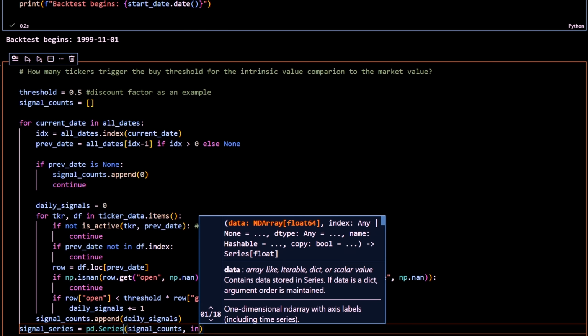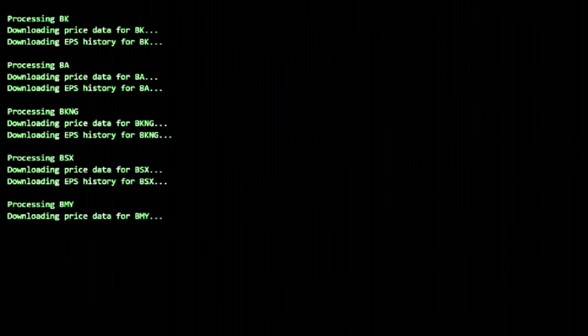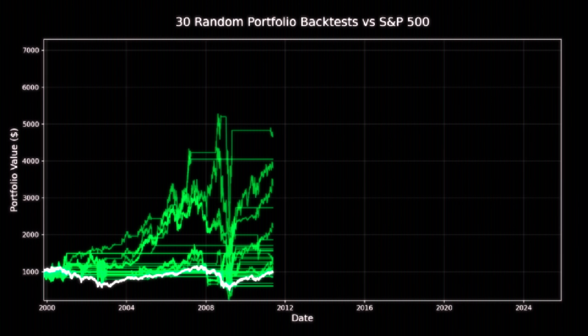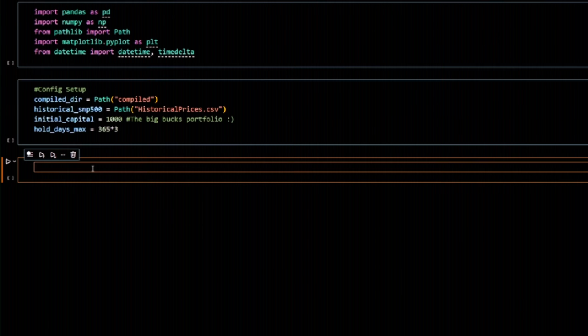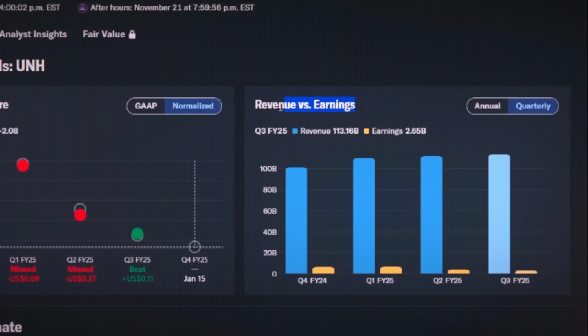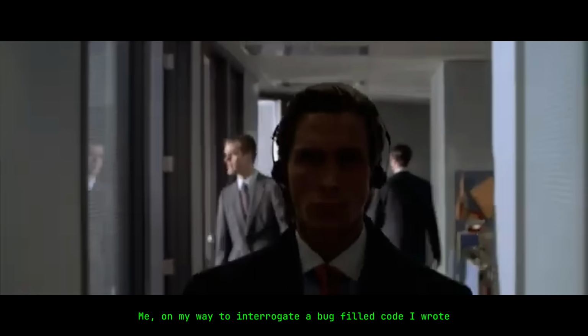The original goal of this project was pretty simple. Take a list of stocks, estimate their intrinsic value using a very basic Graham-style formula, and then invest only when the market price is significantly below that estimate. You buy discounted companies, and then you sell once they revert back towards their fair value. But before we can even think about improving performance, we have to make sure that the model isn't accidentally lying